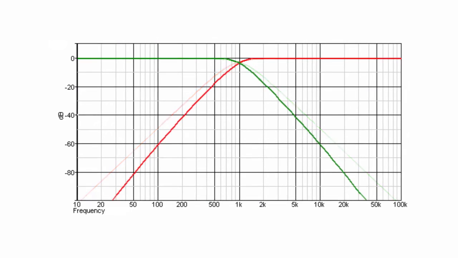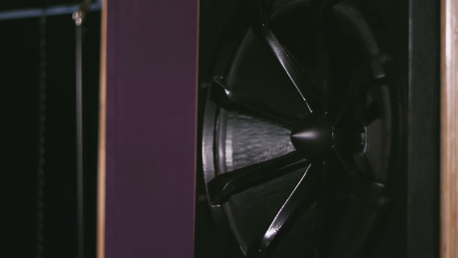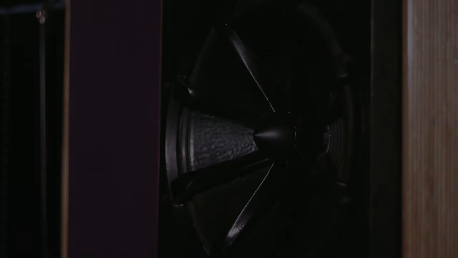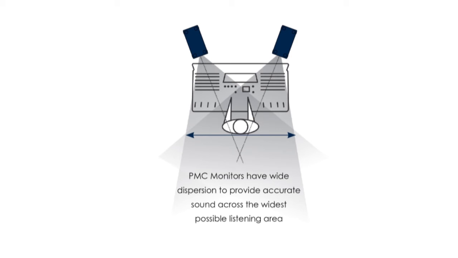Second-order and third-order each introduce a steeper roll-off of frequencies, and each is progressively more natural sounding. But a fourth-order design, in which the roll-off is a very steep 24 dB per octave, effectively silences the drive units above and below the crossover point. The very steep slope ensures the drive unit is not adding any distortion to the musical signal. The prevention of any unwanted lower frequencies getting to the high-frequency driver also provides greater power handling and reliability. Fourth-order crossovers also control the total dispersion characteristics of the loudspeaker, providing an optimum wide and smooth off-axis response over